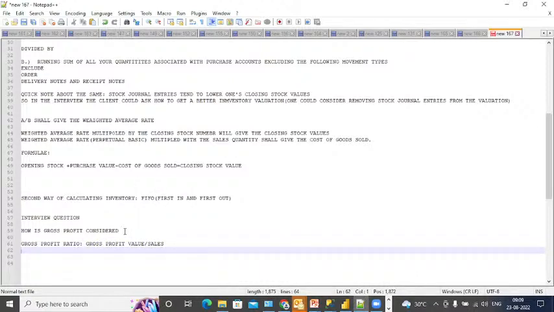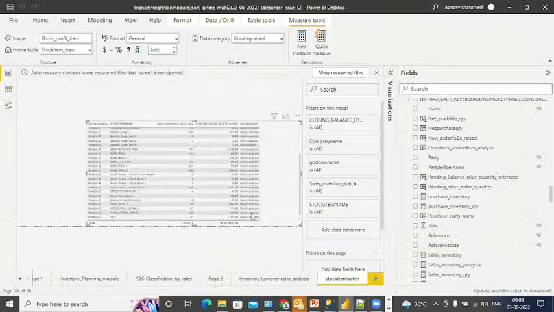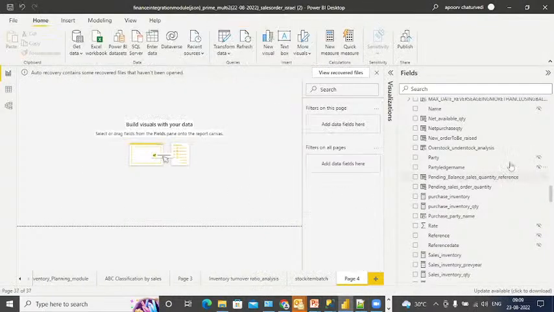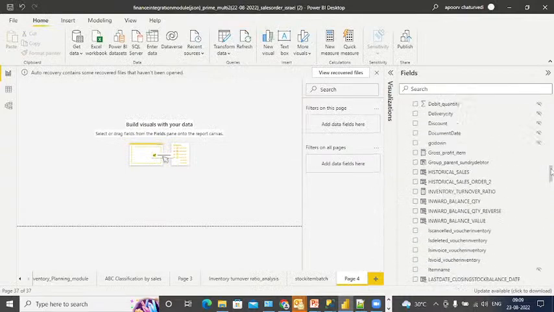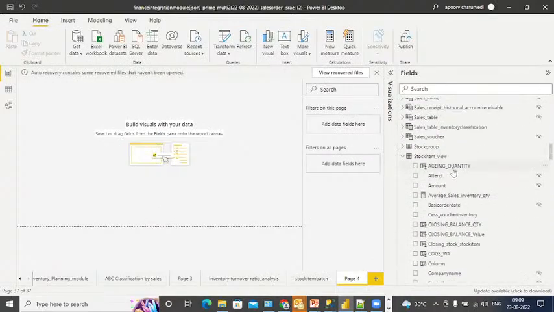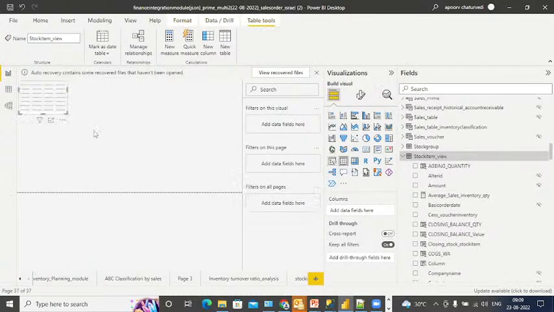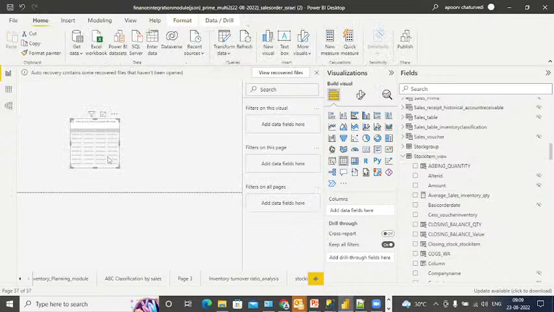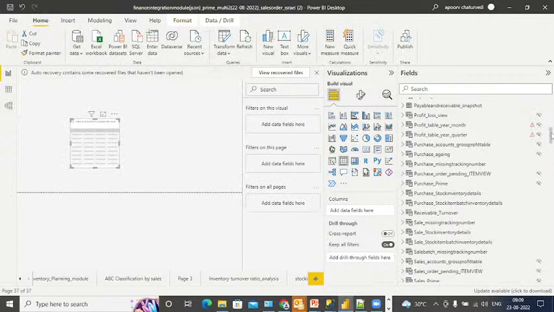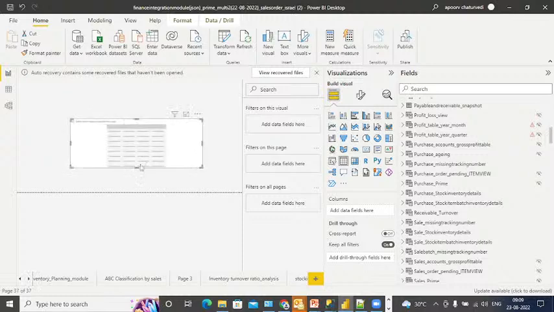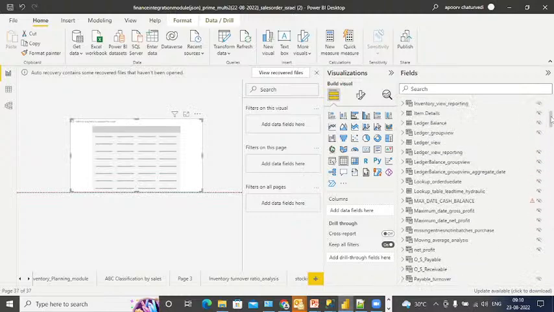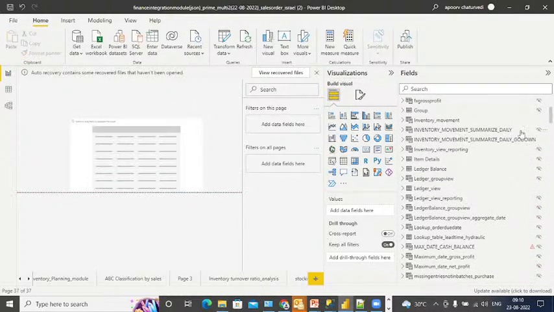So now enough of this, we now go down to the tool and how exactly to calculate the gross profit. So for the gross profit, you go down to the stock item view, and within the stock item view you go here. You can also set up a slicer. Now this is all going to calculate on a perpetual basis, right? So I can also put in a time slicer